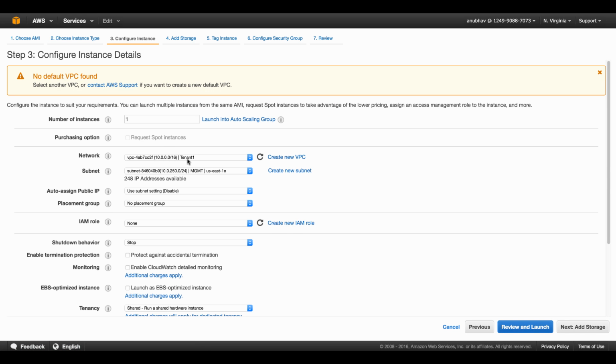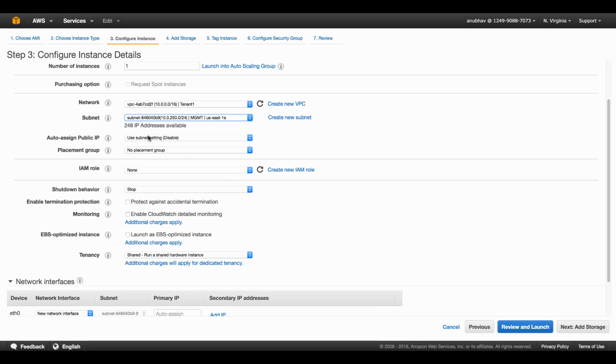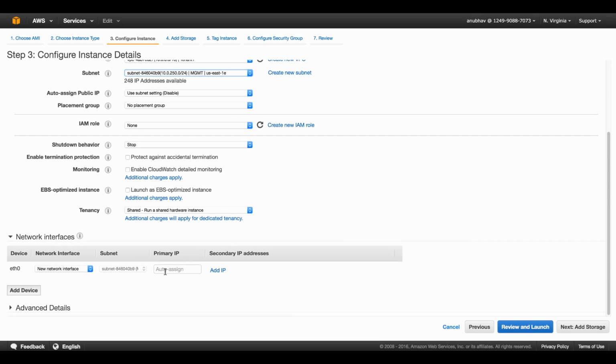I will select tenant 1 as my VPC. I will put it in the management interface, and here on the management interface I will use 10.0.250.50,